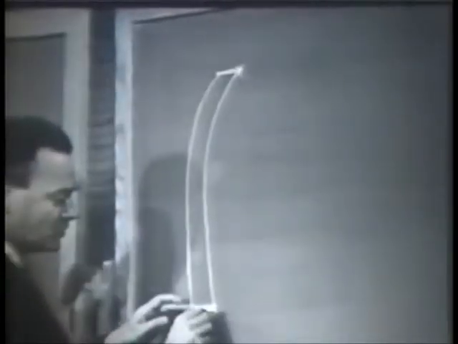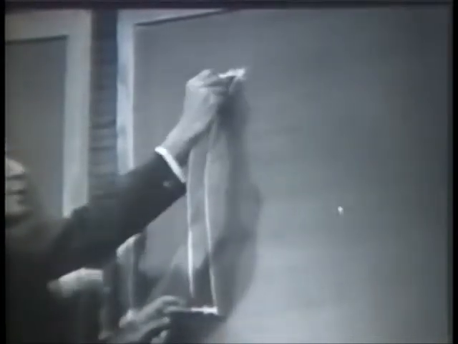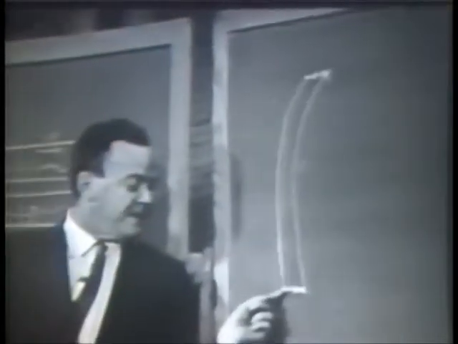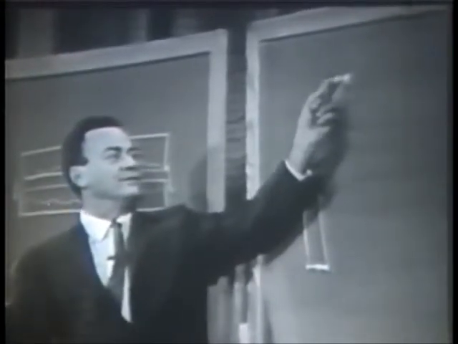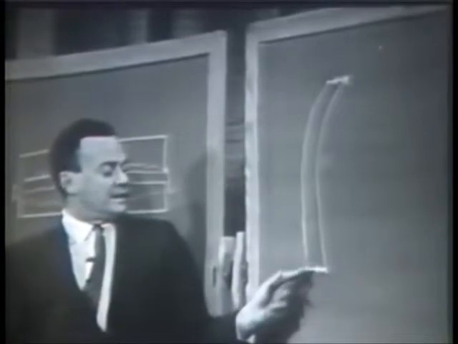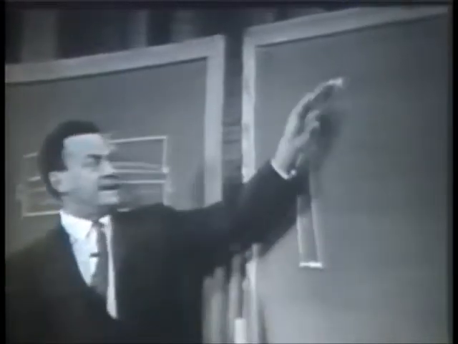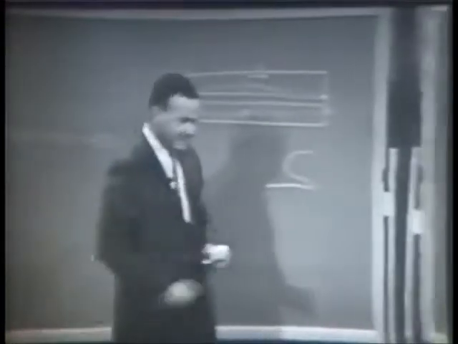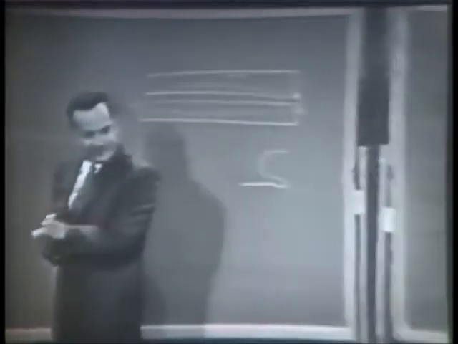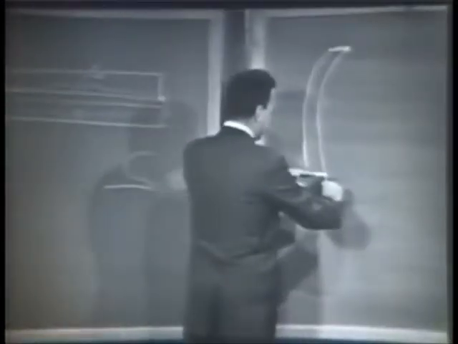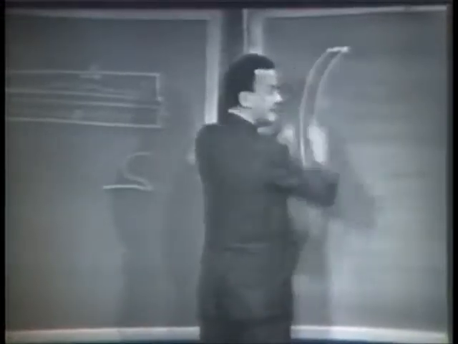But in making this little motion, we're going this way, and making this one, we're going the other way. So if we take the contribution of this as the effect of moving that way, and the contribution of this as an effect of moving that way, but taking it with the other sign because it's the other way, we see that there is a quantity here which has to match the quantity here to cancel out, which is the effect on the action of a little tiny step in the x direction. So the effect on the action of a small step in the x direction is the same at the beginning as at the end.